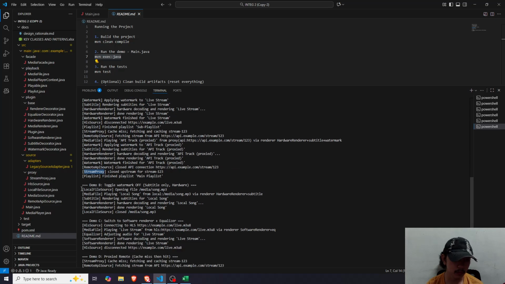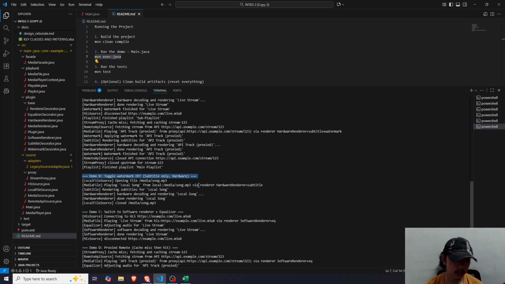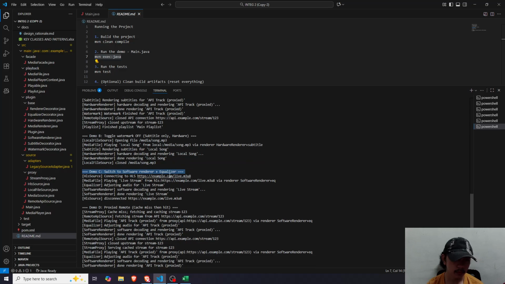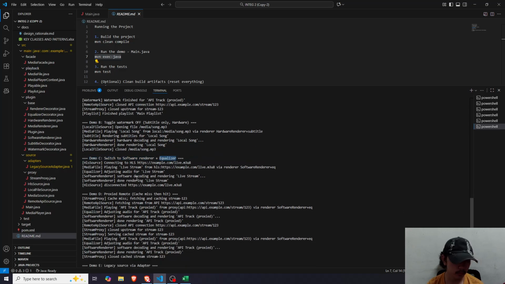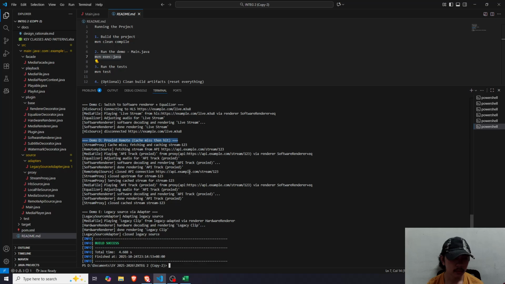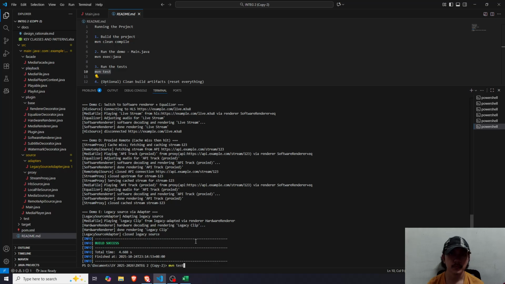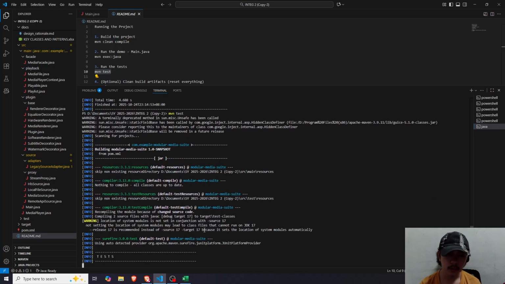For demo B, the toggling of the watermark, then switching renderers plus an equalizer decorator, and then the proxy for demo D. We also have the legacy source via adapter for demo E. Then we have to run the extra tests, just to double check that everything is fine. So mvn test. We have to run this command.